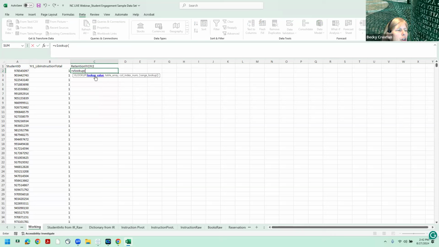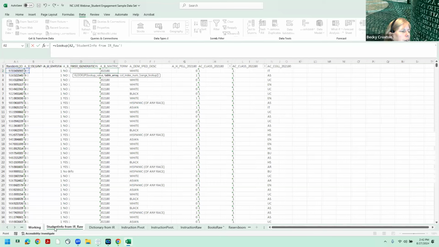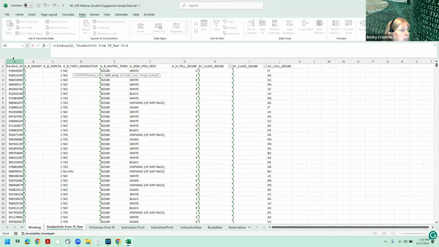Now we go to the lookup value, which is the first student ID in the list, comma, which moves us to the next item in the instructions, the table array. This time we're going to go to student info from IR. I usually highlight everything,